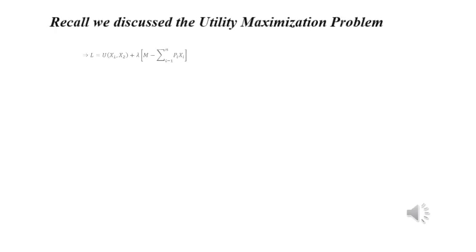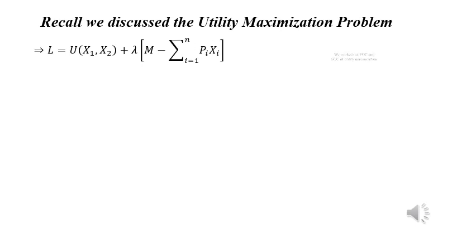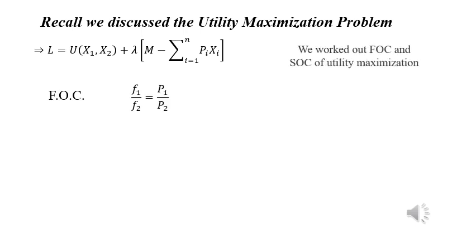In the last two classes, we discussed a case of utility maximization. We took utility as the objective function subject to the budget constraint. Since it was a case of constraint optimization, we worked out the Lagrangian function. From the Lagrangian function, we worked out first order and second order conditions of utility maximization. The first order condition of utility maximization was that the ratio of marginal utilities should be equal to the price